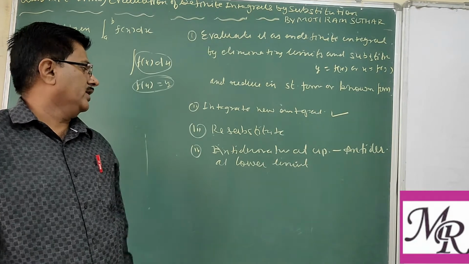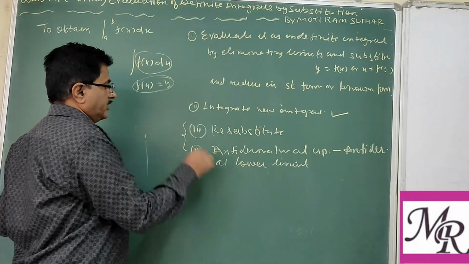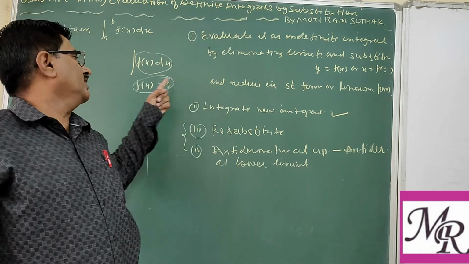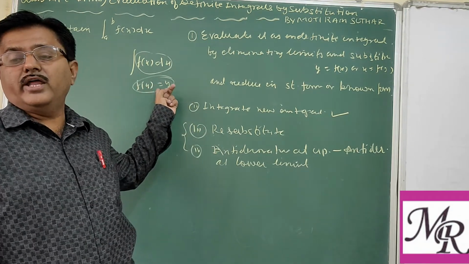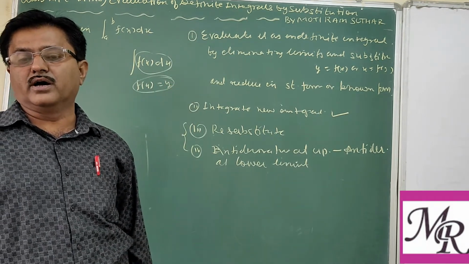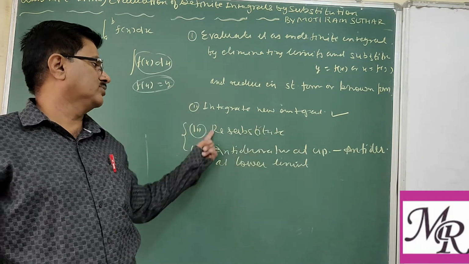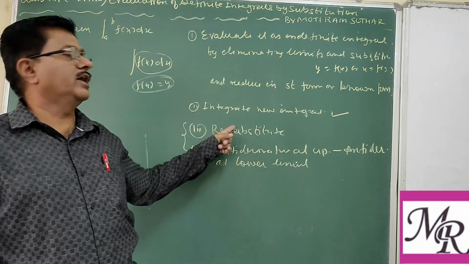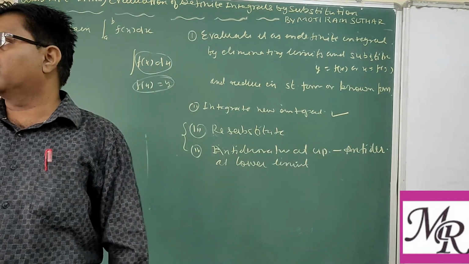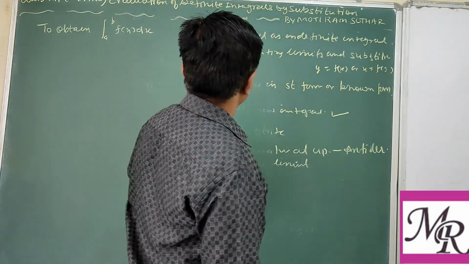Now, one more important thing: you can use steps first and second, and you may not need the third and fourth if you use another method. Whenever you substitute a new variable, you can also change the limits of the integral. If we change the limits of the integral, then there is no need to resubstitute. Clear? So there are two methods, and with the help of an example you can understand how we can use them. So let's say integral by the resubstitution method.